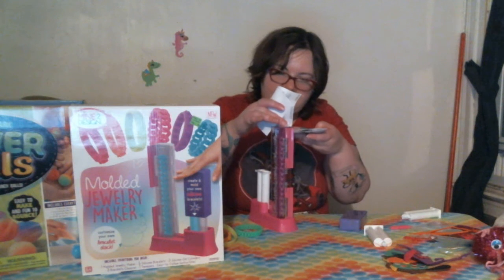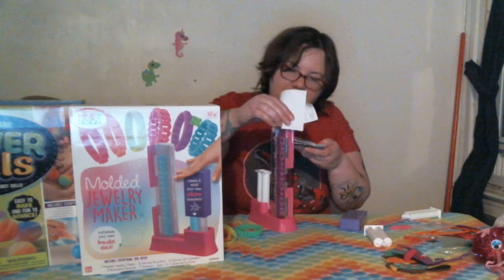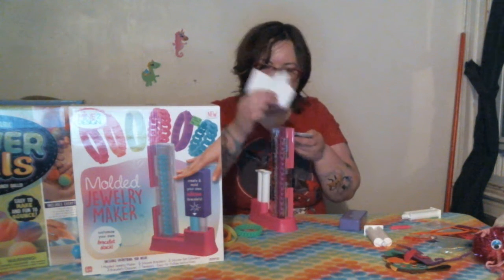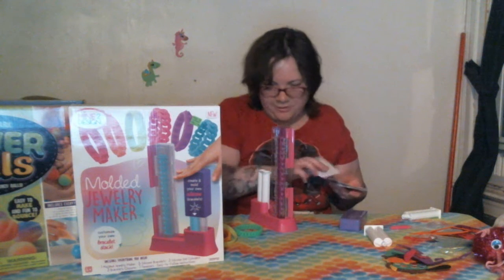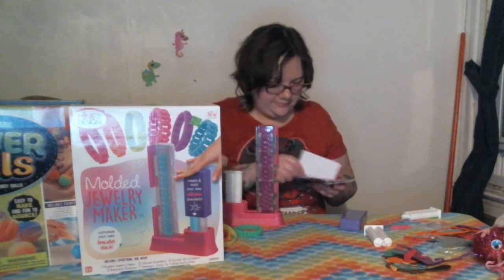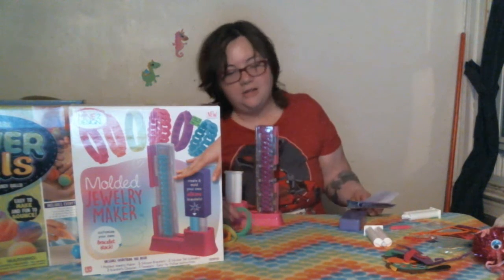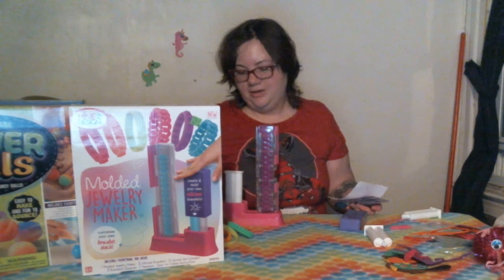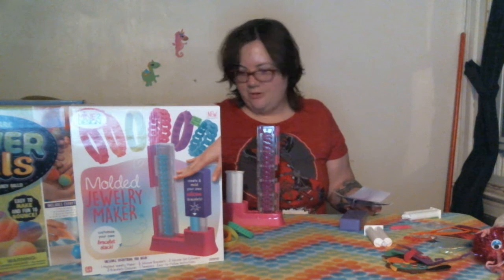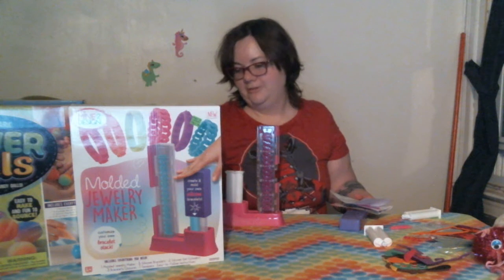I understand why it's on clearance now over at Joann's and all that. I got this one at Michael's. It was on clearance for like $11. Even at that price, it is not worth it. I mean, it's a mess. You can only make one bracelet at a 24 plus hour increment. It's not worth it. The only thing that's good out of it is the pre-made ones,